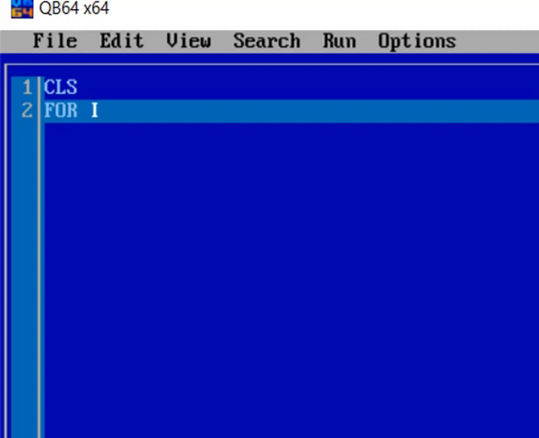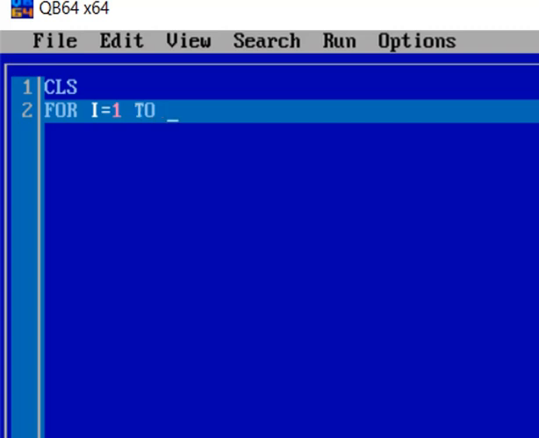I is called the loop variable or the control variable that controls the loop. The loop variable has an initial value. I want to print the numbers from 1 to 10, so the initial value of the loop variable should be 1. According to the format of for next, I equal to 1.